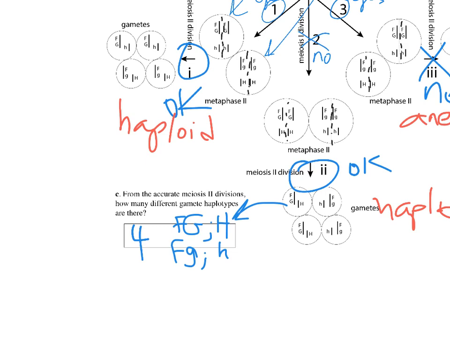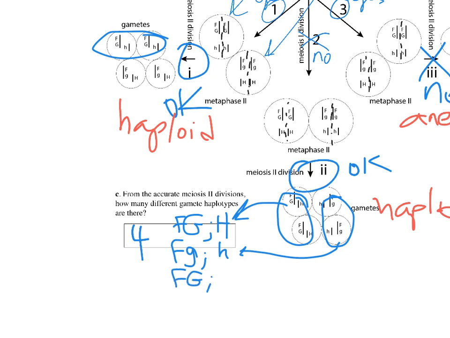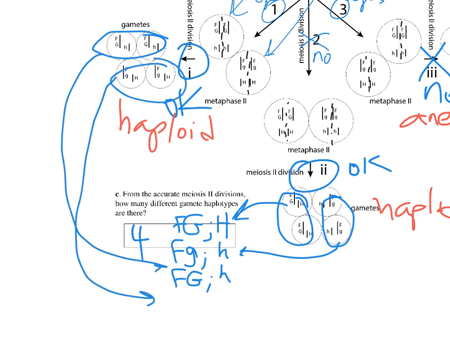Where did those come from? Okay, those ones. So those two are the top haplotype. Those two are the second haplotype. Those ones are capital F, capital G, lowercase h. And the last haplotype, capital F with lowercase g and